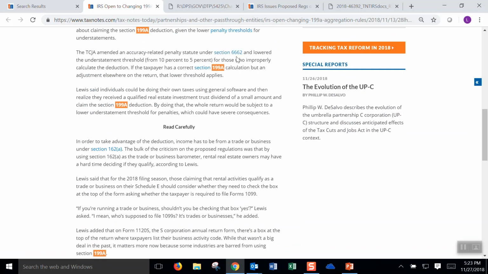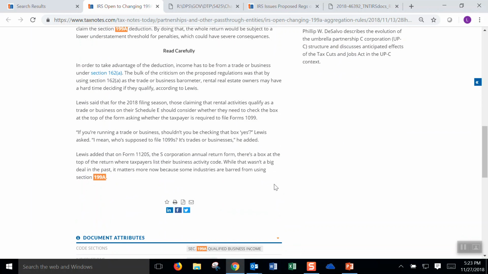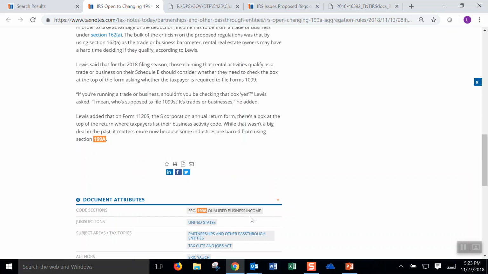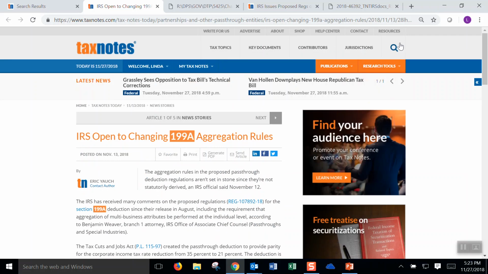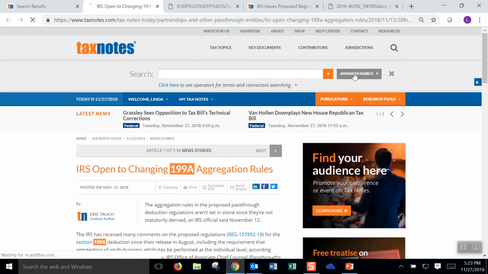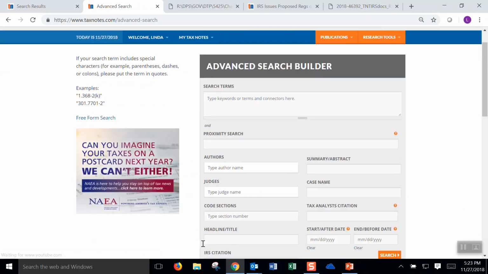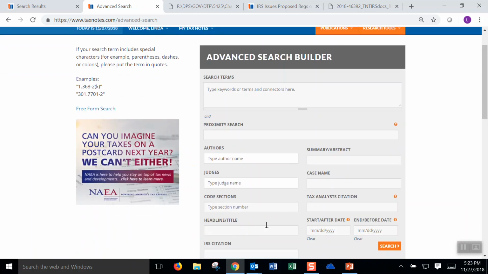So Eric mentioned this code section and this one also, but because he mentioned them only in passing, the editor elected not to tag the document out with those code sections. And that's the value of using this code section based search, is we'll find only the articles that are truly about that code section and not the ones that just have a passing mention of those code sections.